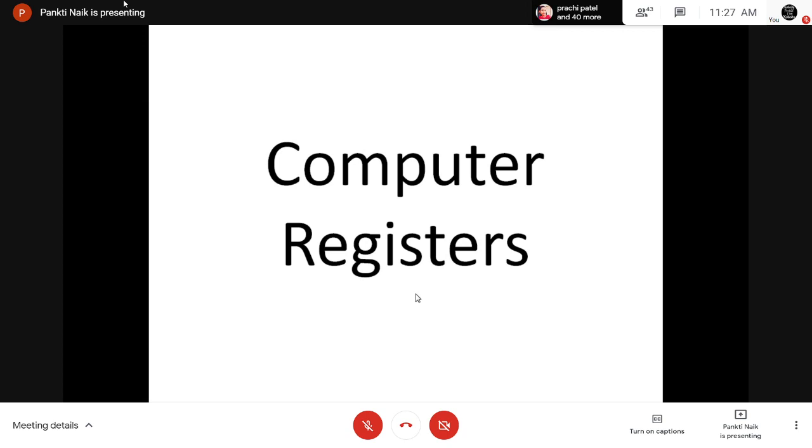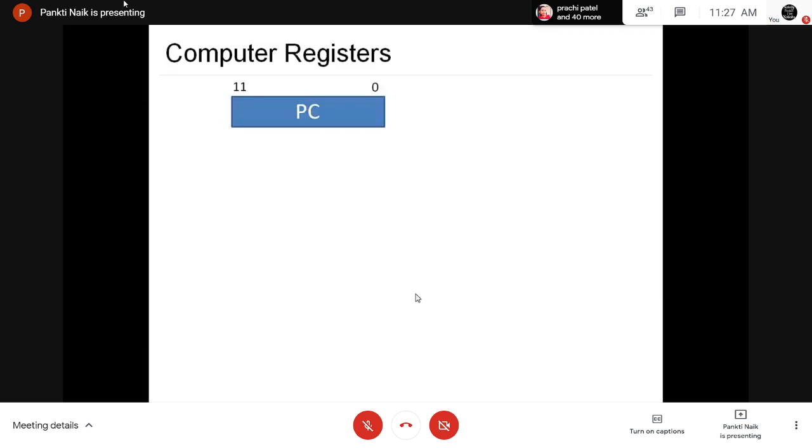Now, to store the computer data or instruction data, we require some computer registers. So the computer needs a processor register for manipulating the data and to store the memory address. Right? We require the computer registers.